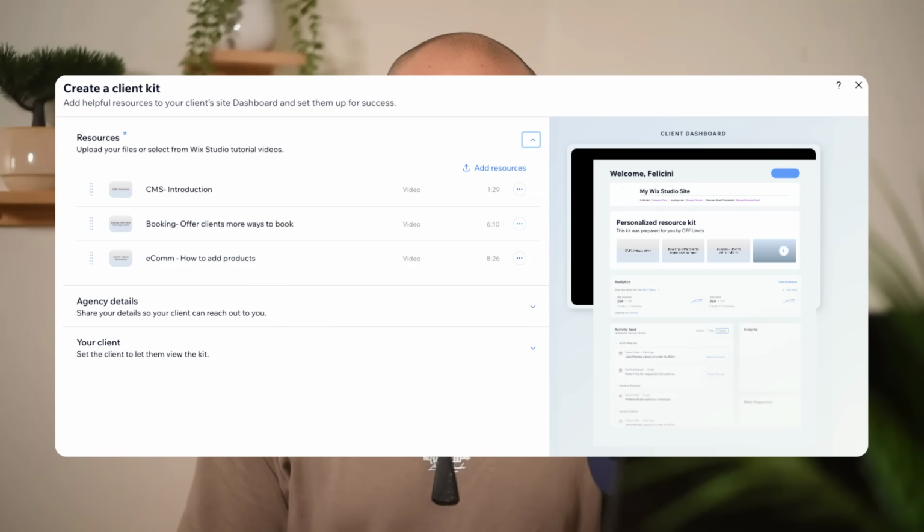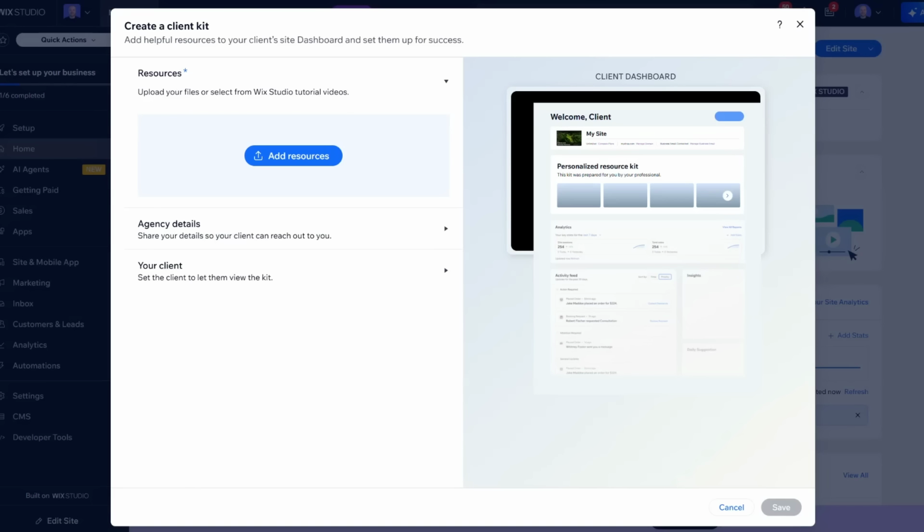The client platform in Wix Studio is insanely powerful. Not only does it help them access their own website, but you can provide them with custom resources that they may need, not only to run their website, but their business on the whole. Let's say that you worked with the client before the website to put together a brand guidelines document. Perhaps they've got custom fonts or logo files. All of these can be hosted and stored on that client platform,